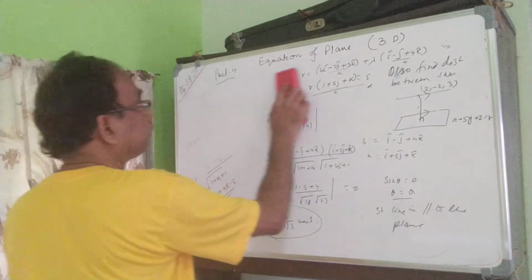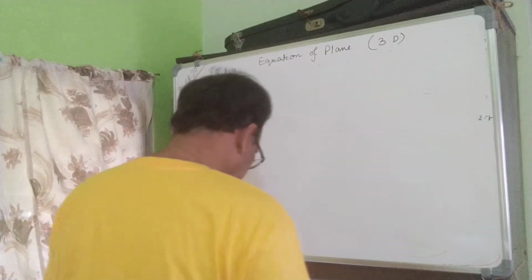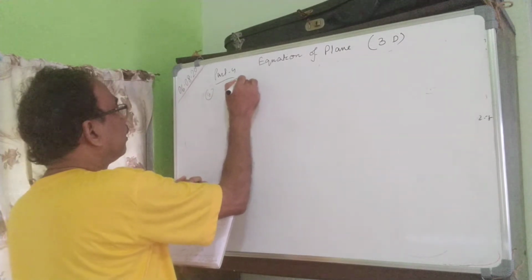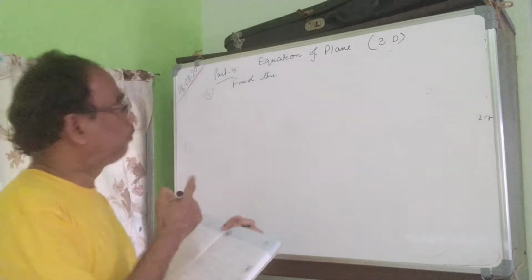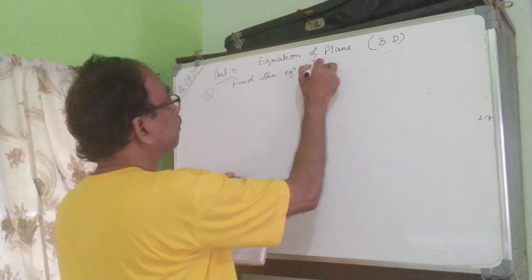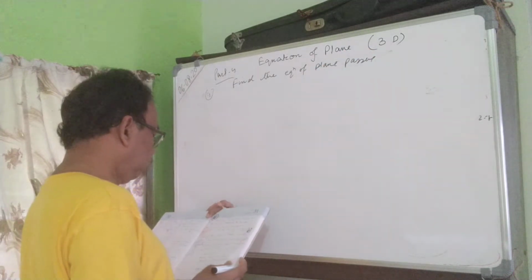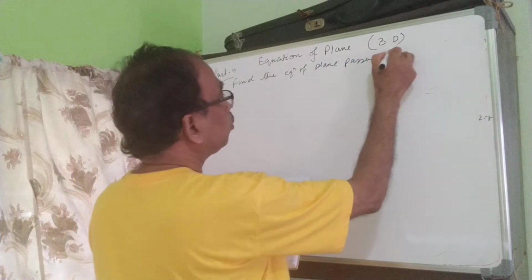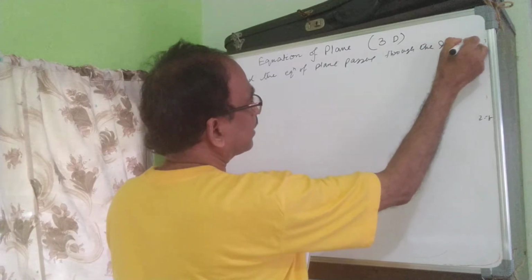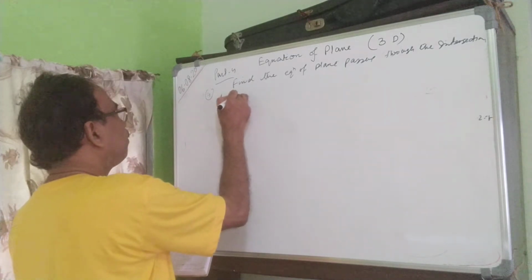Now question number 4. Find the equation of the plane passing through the intersection of two planes